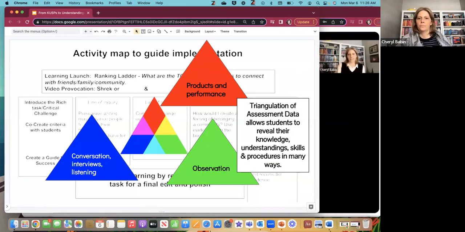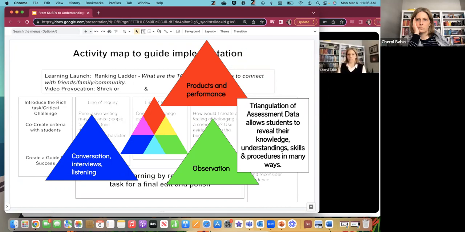So then the last thing that I want to mention is the idea that when you're designing those lines of inquiry, you're actually engaging in lots of mini experiences that help you to reveal what students know, can do, and understand. And so you want to really triangulate your assessment data and think carefully about which kinds of experiences will really help them. So you know that you're developing reading comprehension by digging into some of that. What opportunities do you have to check for understanding?